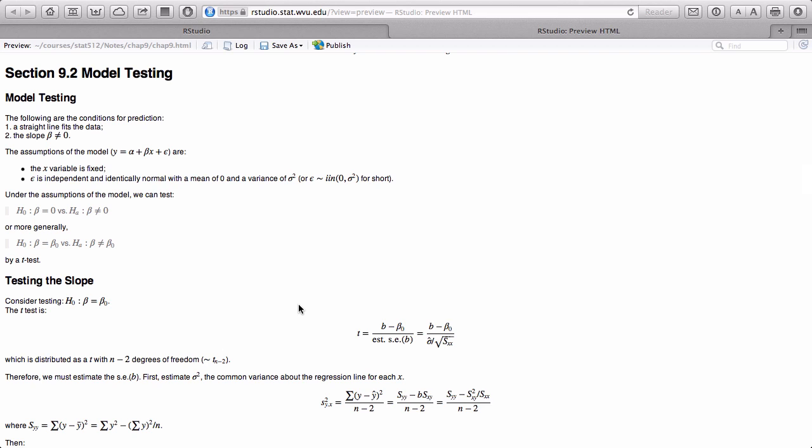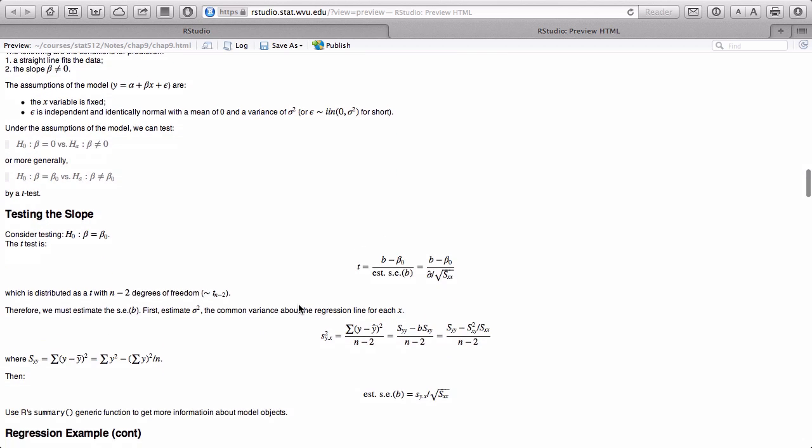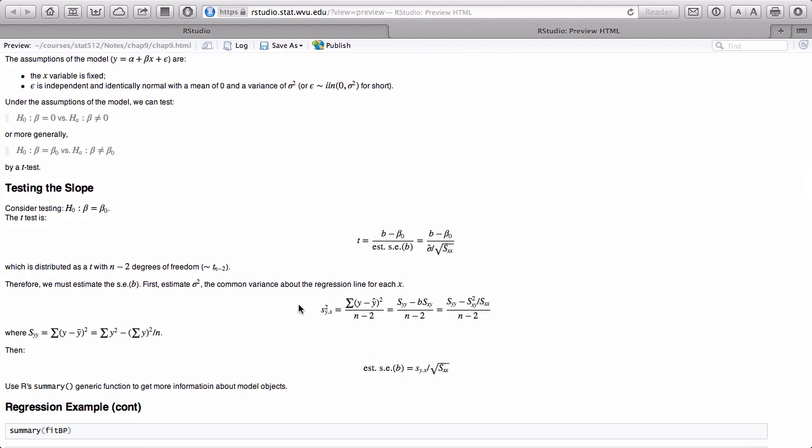Now, of course, in general, you might do a one-sided or a two-sided test. Usually in these types of models, it's one-sided, however. So you can have a general hypothesis that beta equals beta naught, where beta naught is specified. By default in R, you're going to test it at 0, and you'll see later on when we have a summary. We can do this with a t-test, and it's simply the estimate of beta, which is b, minus the hypothesized value, which is often 0, over this estimated standard error